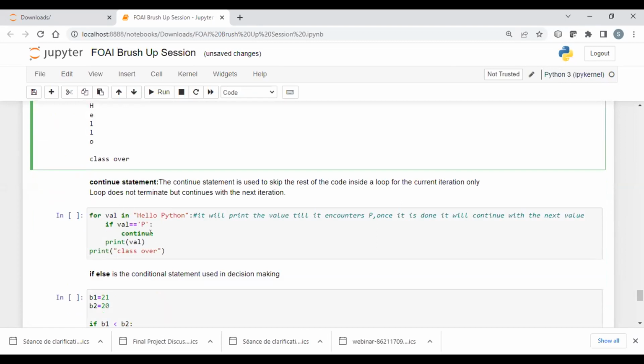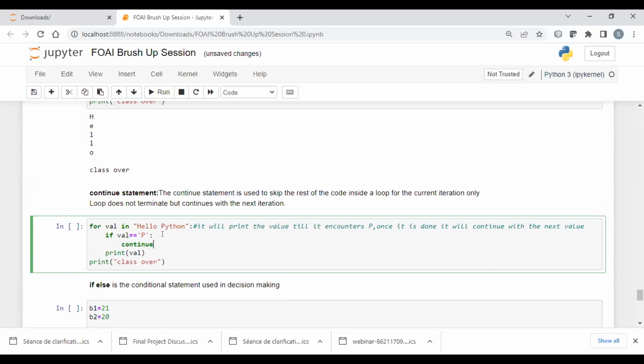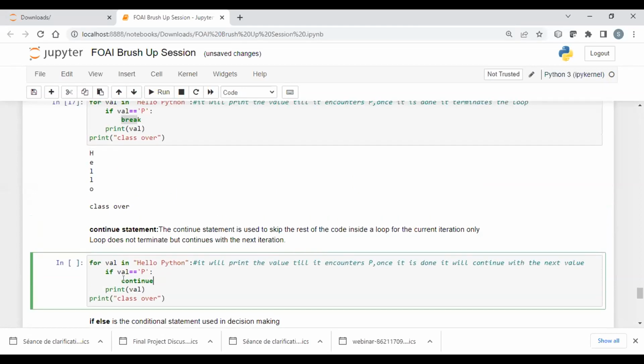Now let us understand how the continue statement will work. We have the same code, but here we are going to make use of the continue keyword. Please take a try and see what you think the output will be in this case.